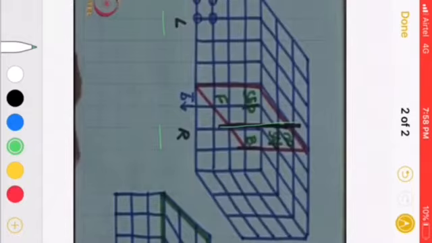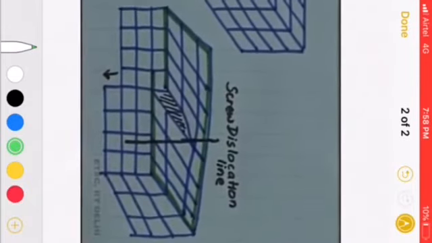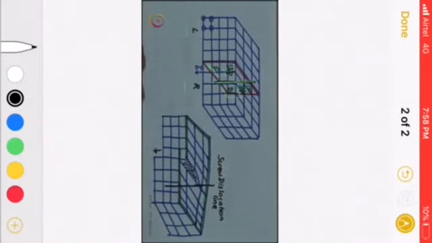The dislocation line is the boundary between the slipped and unslipped parts. It divides the slip plane into two sides, front and back. The front side will be the slip region and the back side will be the no-slip region. When the plane slips by an amount equal to one interplanar spacing, that will become the Burgers vector.